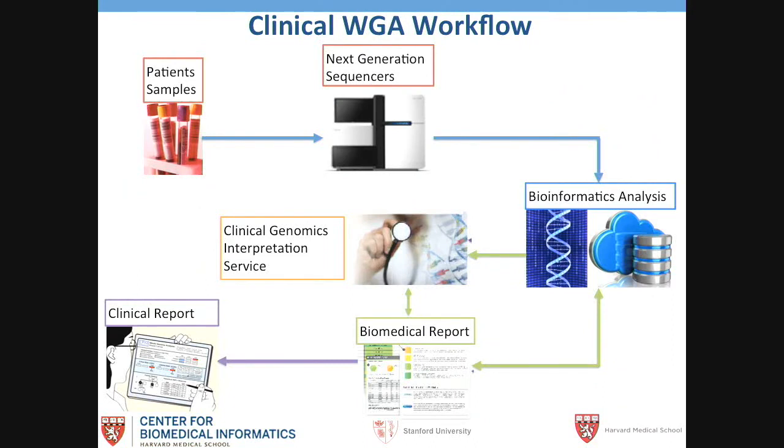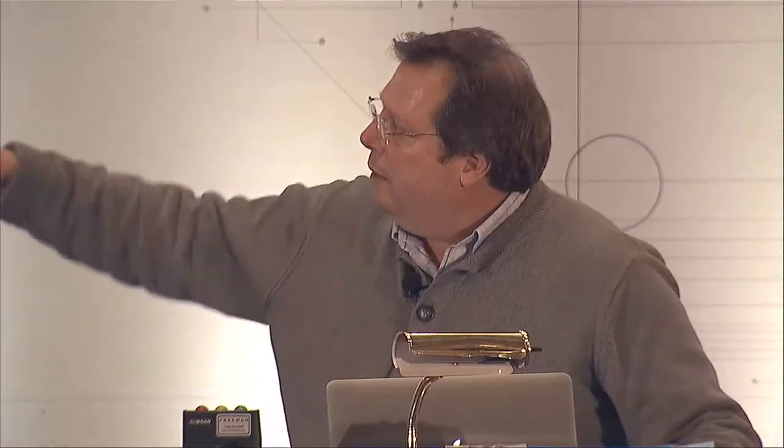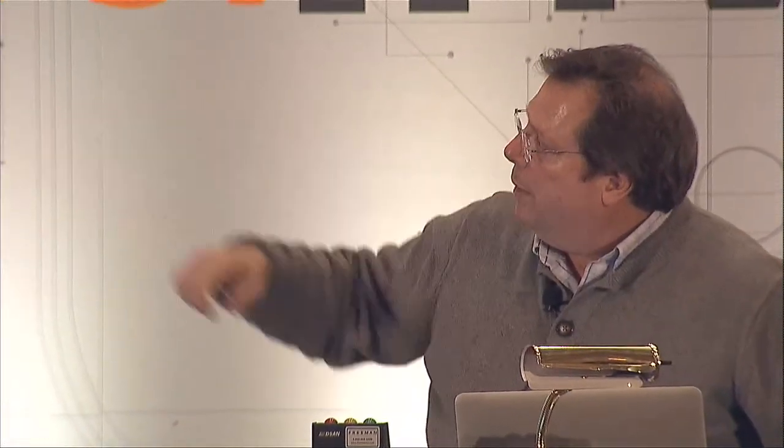So it's very important to us to, again, characterize the use of whole genome testing just like you would any laboratory test as part of the clinical care. And this workflow gives us an idea of how that might be conducted. A patient's sample comes in, the next generation sequencers that digitize that genome are run on the genome. And then what Dennis is going to talk about, what I'm leading into is